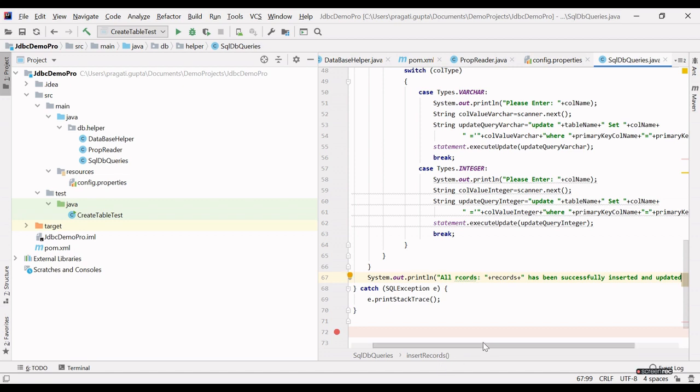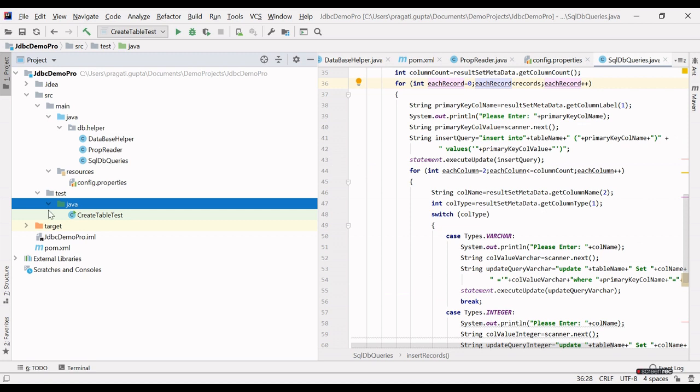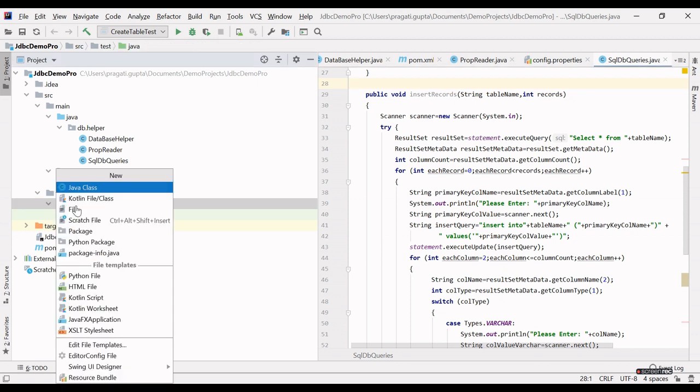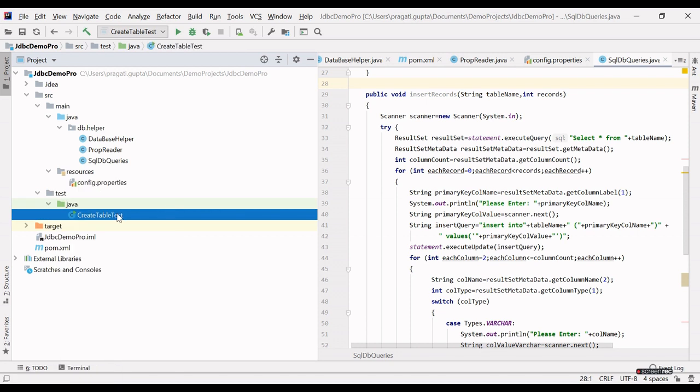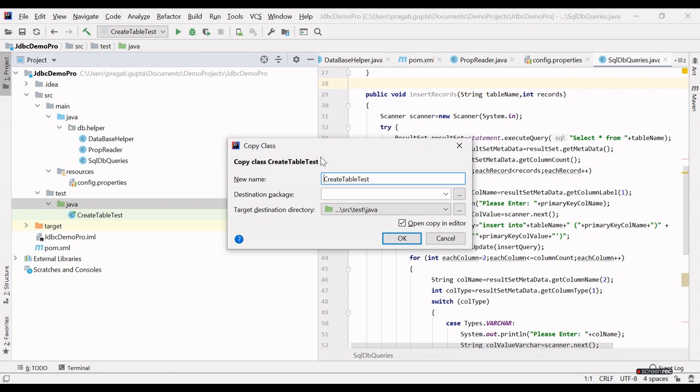Okay, and before running this, I will create a class to insert the record in this table. Just create a class. I will copy this and rename this class InsertRecordsIntoTable.